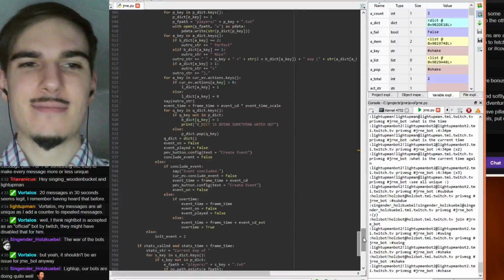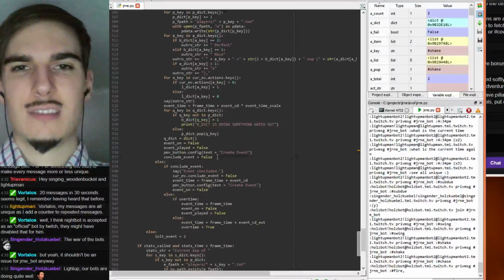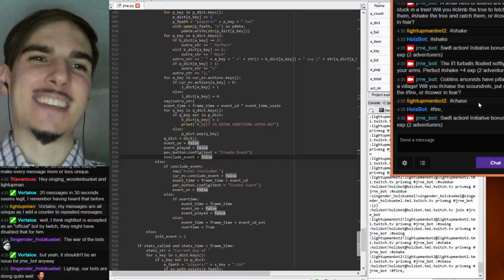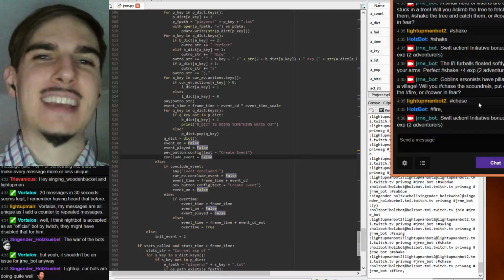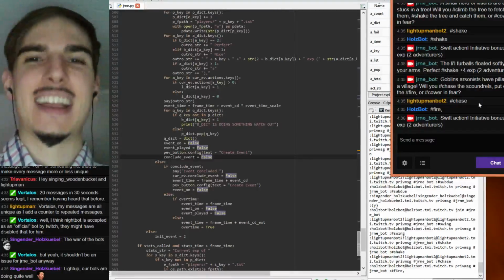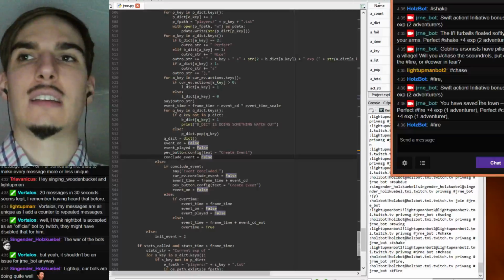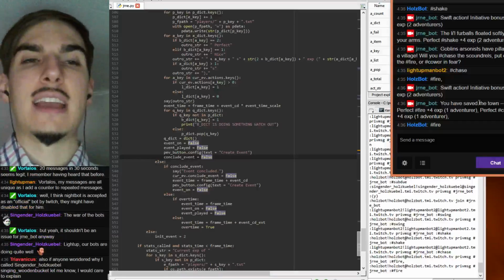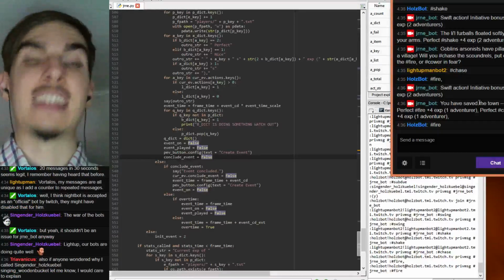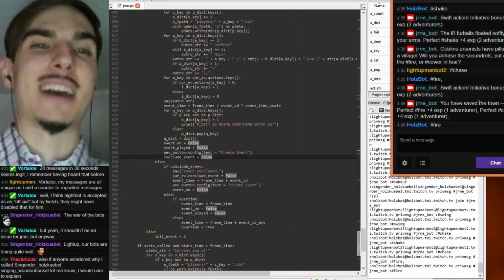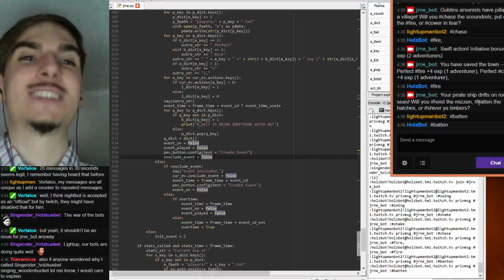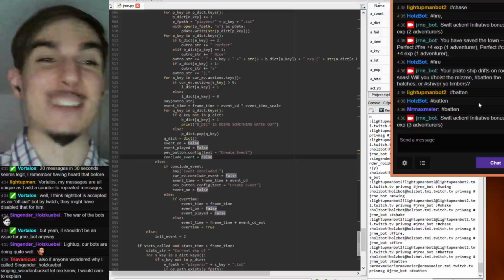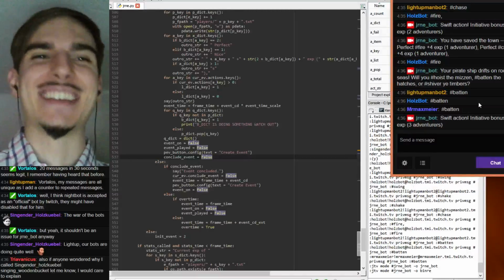So I'll just say, hey, who wants to make their bot so smart that it actually respects the event types? There are 5 different event types. In event type 0, it doesn't matter what you choose. In event type 1, you all want to do the same thing. In event type 2, you all want to do the same thing. In event type 3, you want to do different things. And in event type 4, you want to do different things. So who wants to make their bot smart enough to, in event types 1 and 2, do the same thing as the other bot, and in event types 3 and 4, do something different than the other bot? Who wants to take their bot to that level?